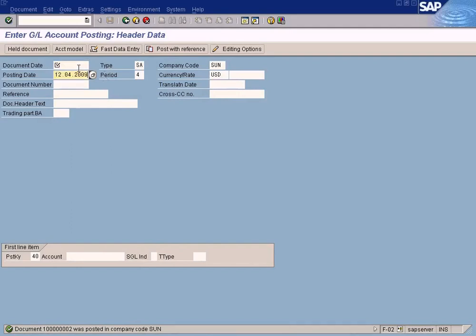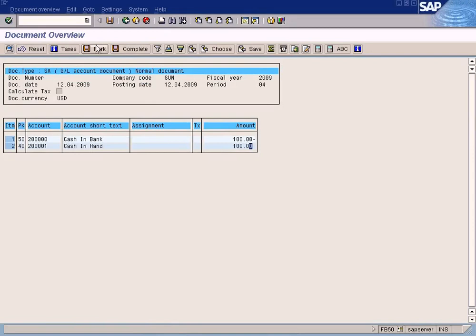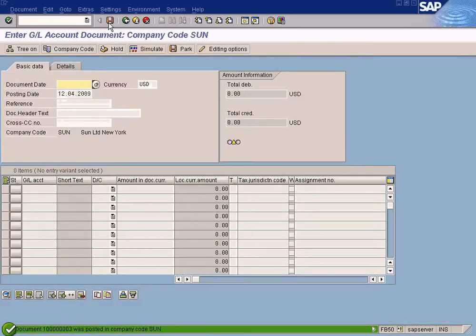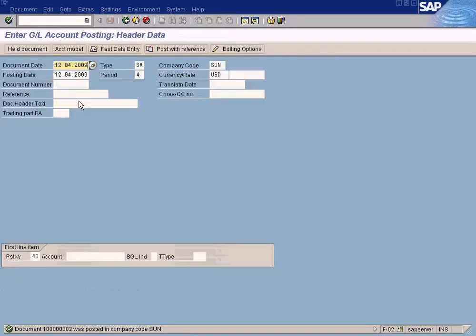Just hang on. Alright, let's say I'm going to post an AR invoice. Let me just post this too. FB50 is also posted. So if I were to use this,